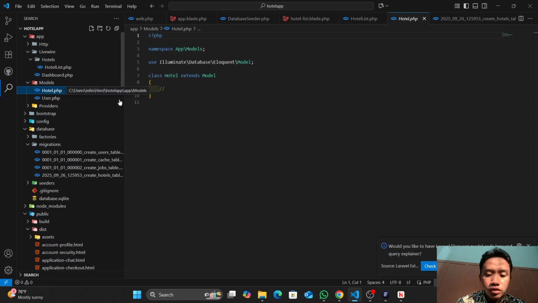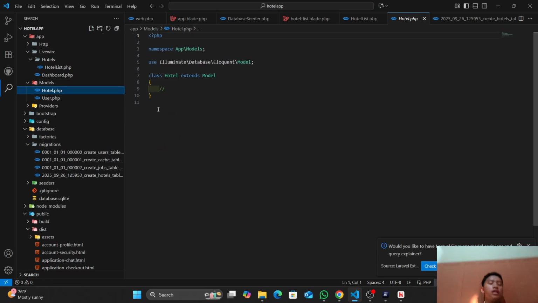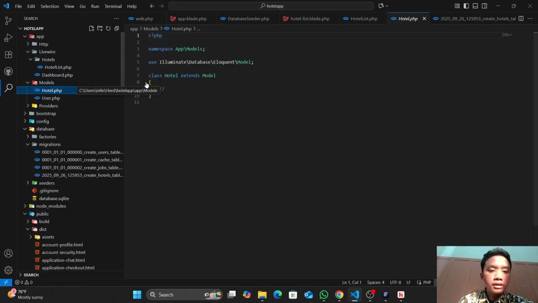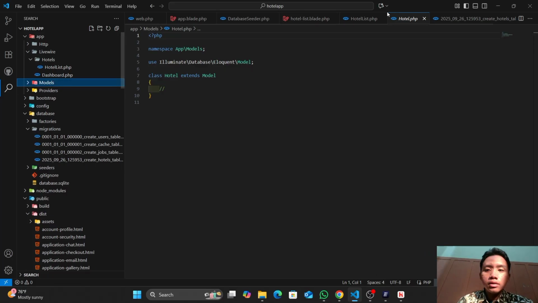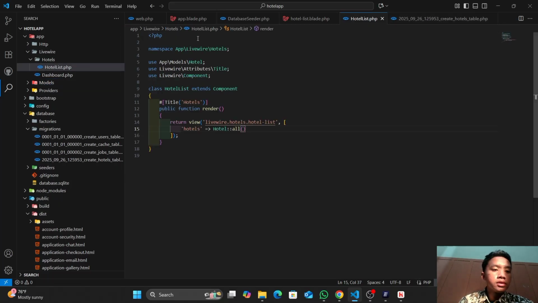Yes, we have to define every variable in the blade in the component. So the variable hotels, we will take every data in the hotels table, right? And in the model of hotel, this is the hotel model.